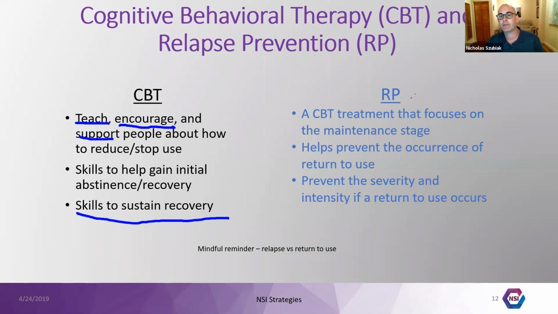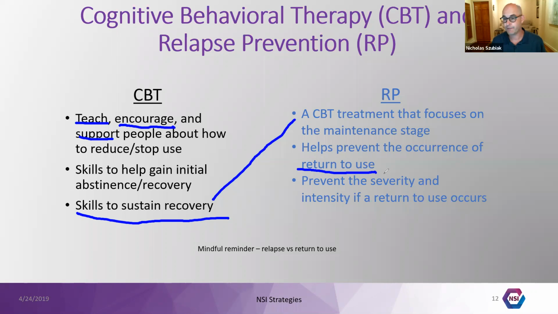And so for relapse prevention, RP, it is a CBT treatment that focuses on the maintenance stage. And what that means is maintaining that recovery, sustaining that recovery. We're connecting those two. And it helps prevent the occurrence of a return to use. And one of the things that I'm trying to change in my language, instead of using relapse, although it's in the names of the treatments and all that sort of thing, is that return to use really moves us away from some of the negative or maybe punitive approaches that we think of relapse as a zero out, as a